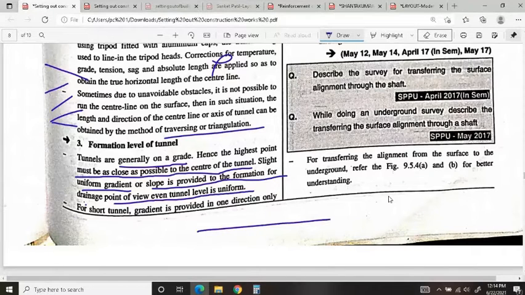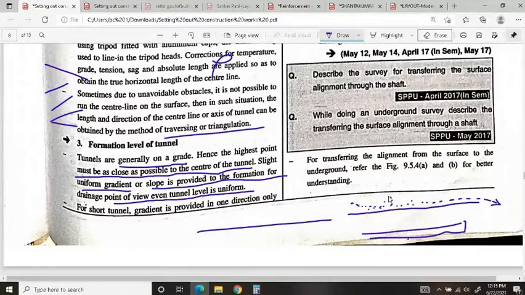if your tunnel is horizontal also, then what will you do? You will provide a little bit of gentle slope, such that if any water forms inside, it will go and come outside the tunnel. Or if that is not possible, you can provide drains. Side drains will be provided, as you see in tunnels.